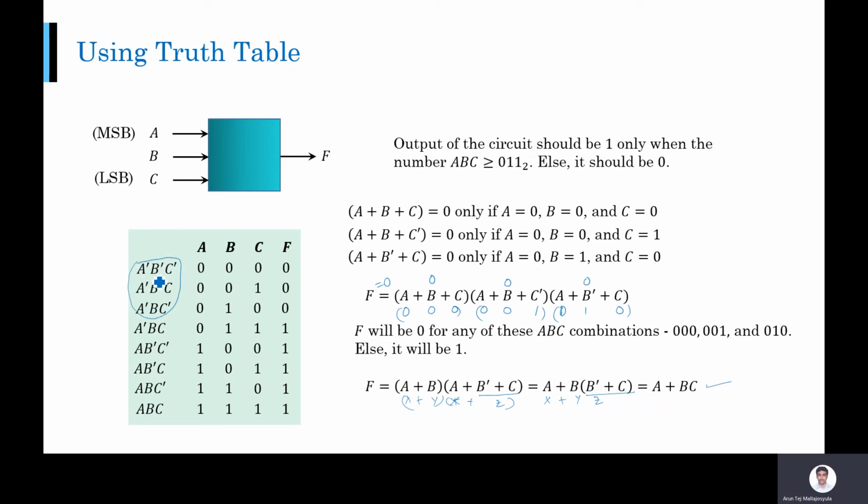Another way to obtain this is you use these terms to the sum of products form, and then complement it. Okay, so if I know that if F is equal to sum of these 5, then obviously F dash will be the sum of these 3. So I can write F dash is equal to A dash B dash C dash plus A dash B dash C plus A dash B C dash. Right? If any of these is 1, then F is 0. That means F dash is equal to 1. Otherwise, F dash will be 0. Right? If any of these combinations occur, F dash will be equal to 0. So therefore, F dash is written as the sum of these three terms.